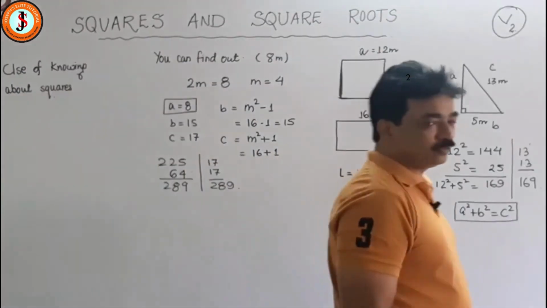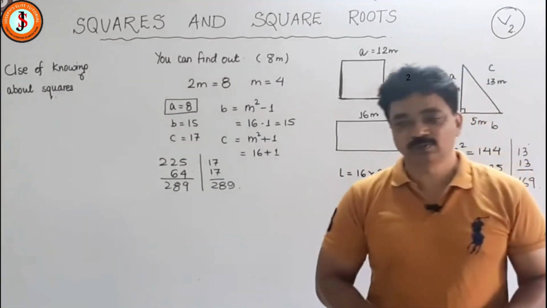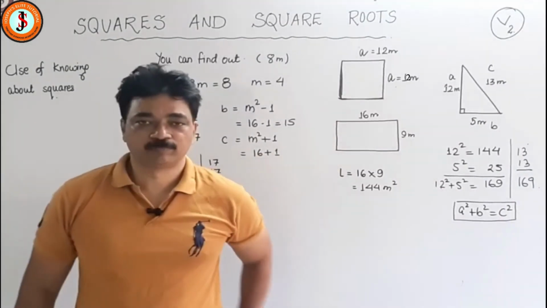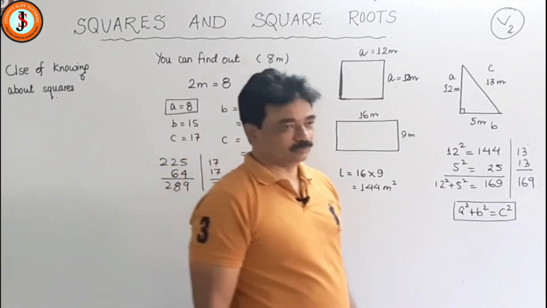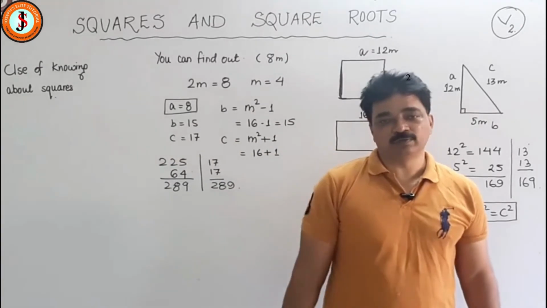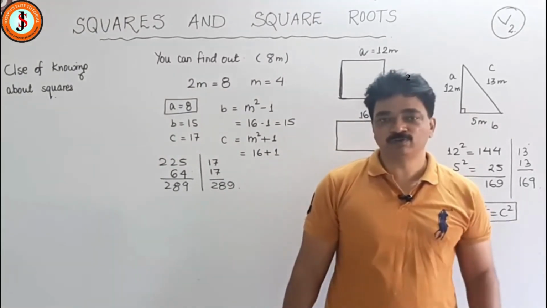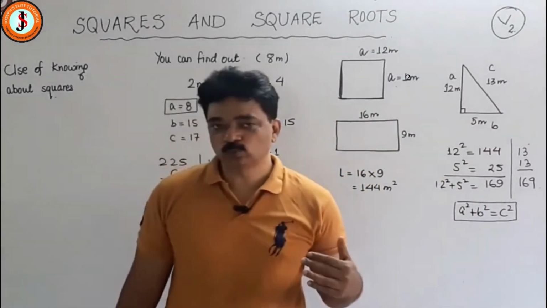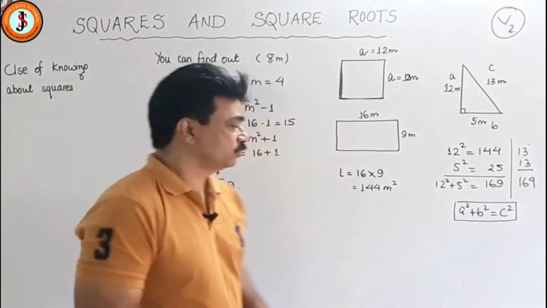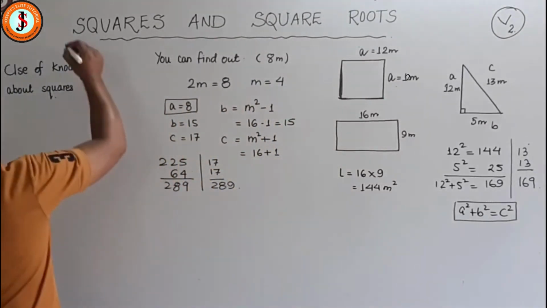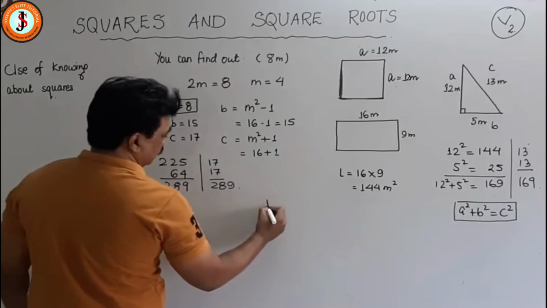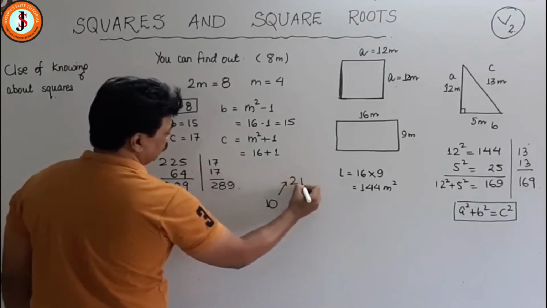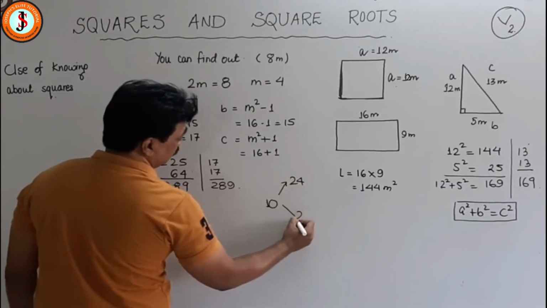Normally you do it with an even number initially. I will suggest you that. Think of an even number. Suppose you thought of 10, half it. So half of 10 will be 5. 5 square minus 1, so 25 minus 1 is 24, and 25 plus 1 is 26. So you thought of a number 10, you made it half, 5 square minus 1 will be 24 and 5 square plus 1 will be 26.